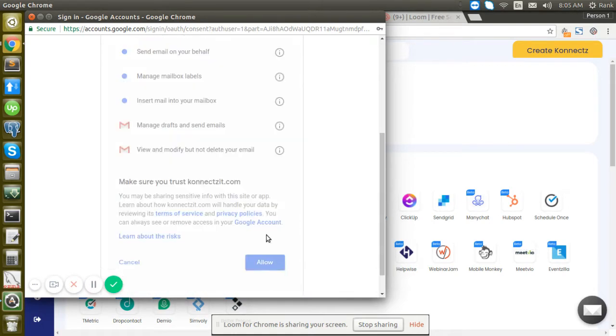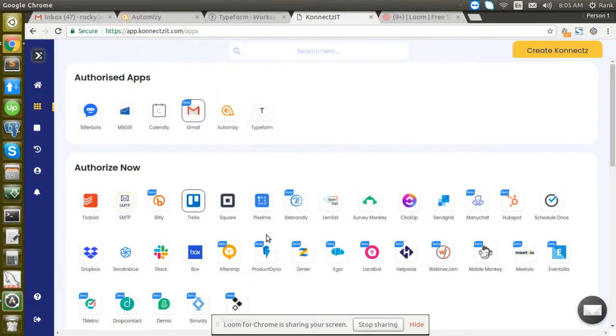So you have to give permissions. So my authentication process is completed.